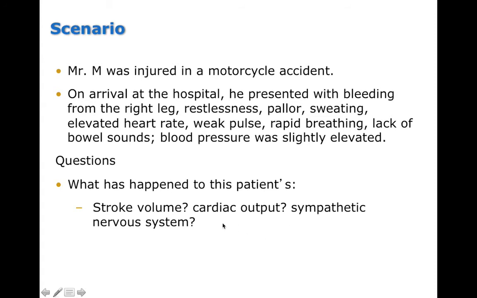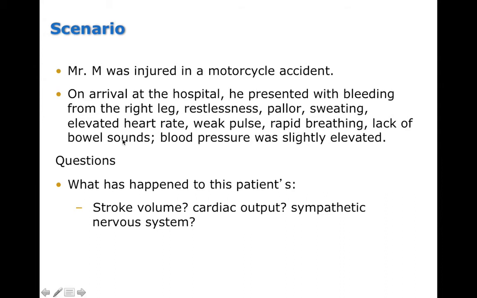And these are all sort of compensatory mechanisms of shock. So with shock, you're going to see all of these signs and symptoms associated with the compensatory mechanisms, right? Where in this case we see blood loss, but if you have restlessness, pallor, and sweating, as well as elevated heart rate, this is going to be due to an increase in sympathetic nervous system activity, as well as rapid breathing, again from an increase in sympathetic